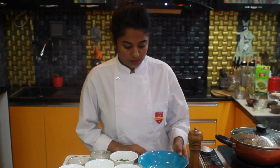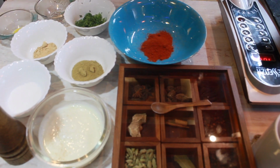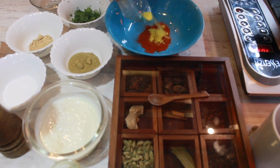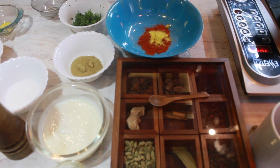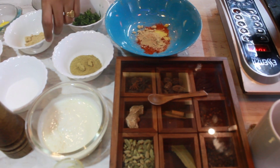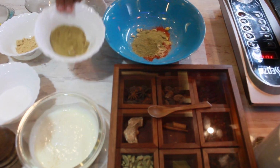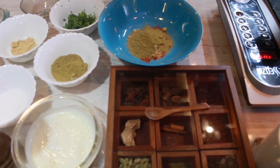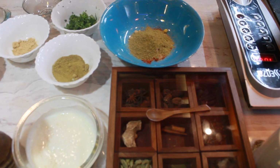Okay, now we'll make some masala mix for our Rogan Josh curry. Take a bowl, add 1.5 tablespoon of Kashmiri red chilli powder, half tablespoon of hing, 1 tablespoon of ginger powder, 1 tablespoon of fennel powder, 1.5 tablespoon of coriander powder, salt as required,